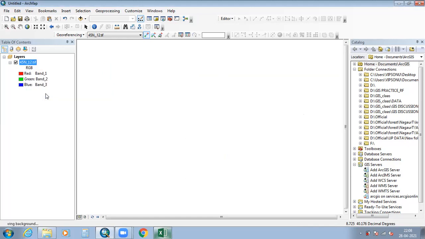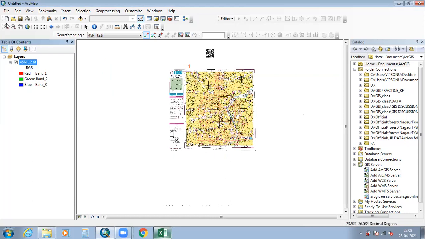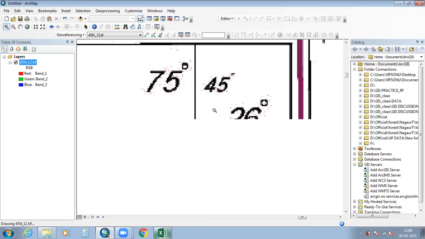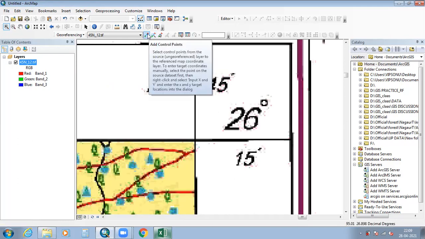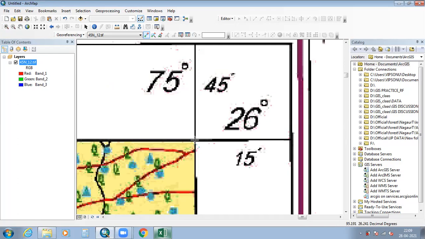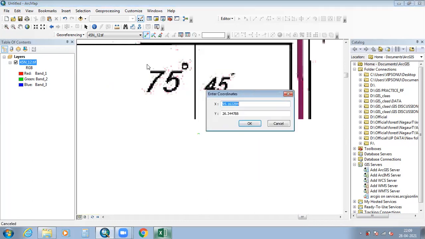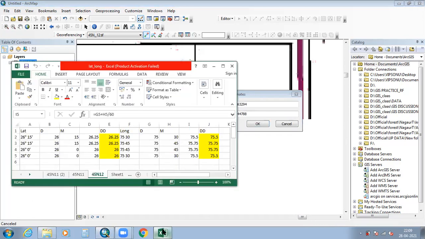Again zoom to layer, here the second point, zoom to full extent, and then again add the control point. First left and then right click. Again here x is the longitude value, so 75 degree 45 minutes, which means 75.75.